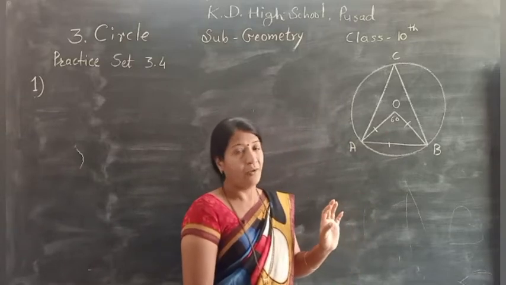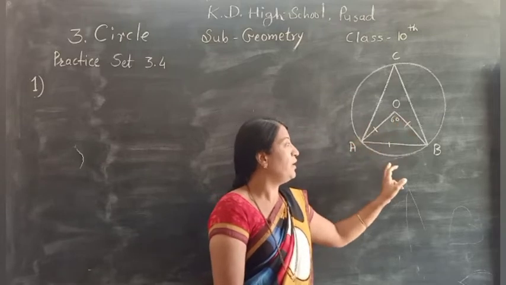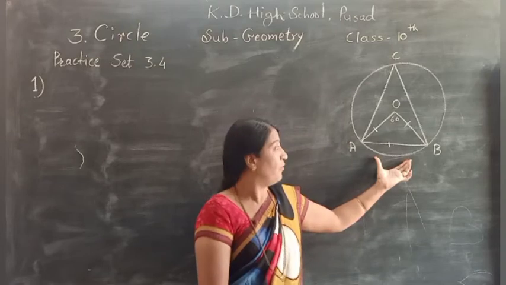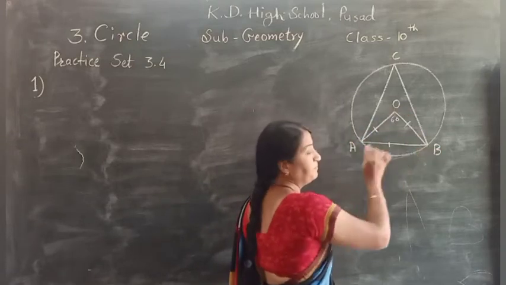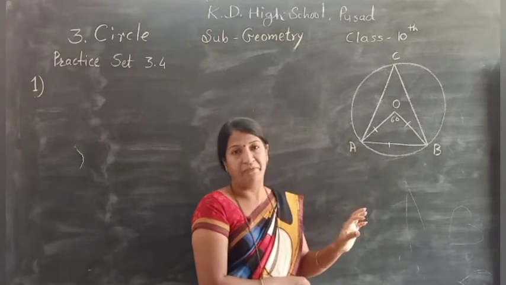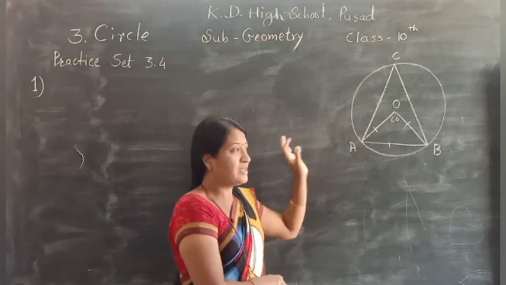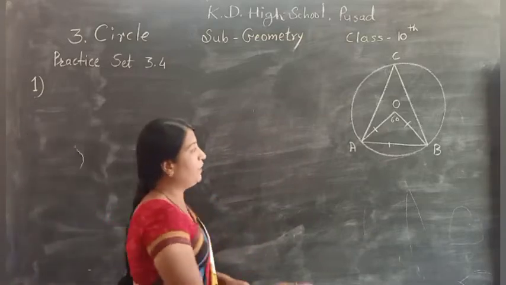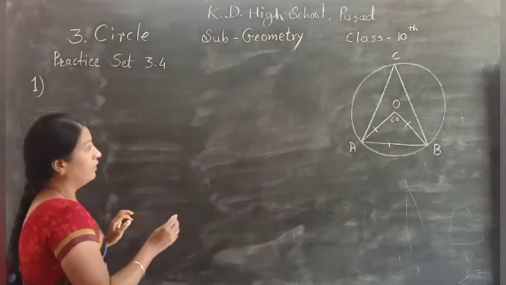Very clear. Now we know that measure of central angle is equal to the measure of corresponding minor arc. AB is the corresponding minor arc of the central angle. It means measure of AOB is equal to the measure of arc AB. Very clear. Now in this way we simplify one by one. So we start with the first point. We have to find out here angle AOB. We get here angle AOB is equal to 60 degree.